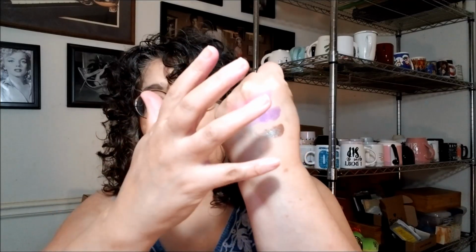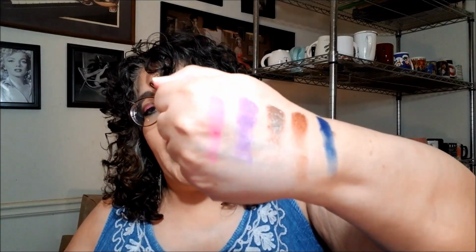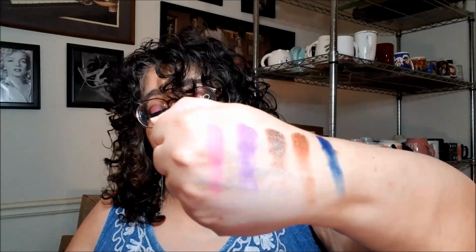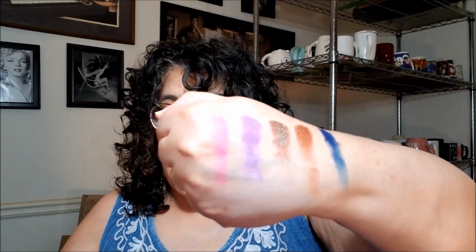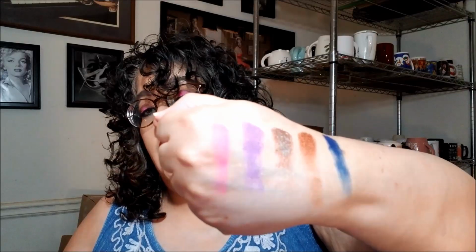There's the duochrome. There's the copper next to it. And there's the blue. So you can see that they actually perform very, very well. The colors are bright, they show up, there's no patchiness really. They apply well, they work well on my eyes. I'm actually wearing it today along with the Dominique Cosmetics palette that we got from Boxycharm, and it complements that